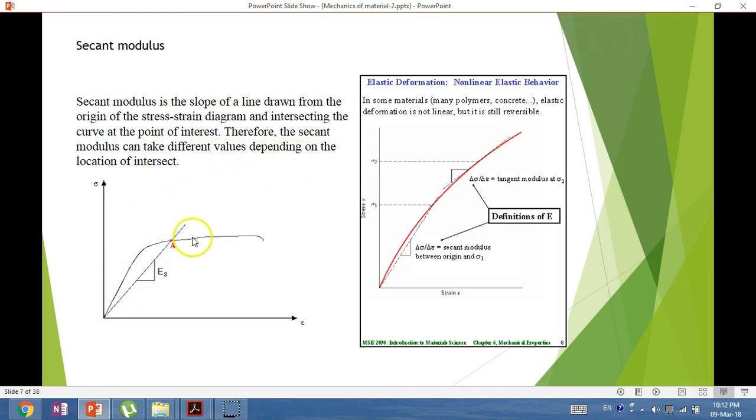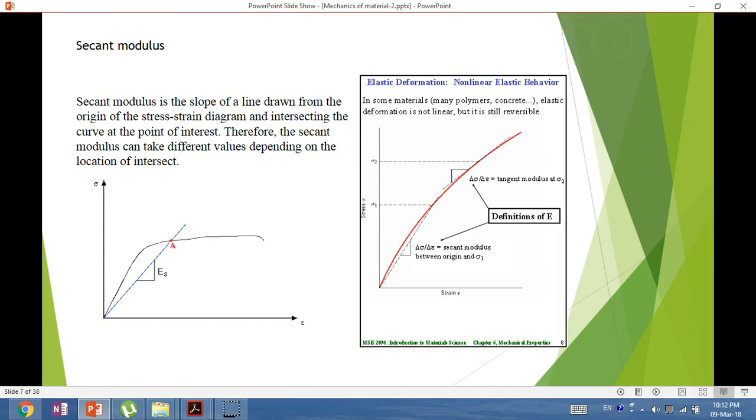Because I can take a point here, then I connect to the origin, but the slope will be different. In some materials, it is hard to estimate the elastic deformation. That is why they are using the secant modulus, because they are unable to define the first linear portion,